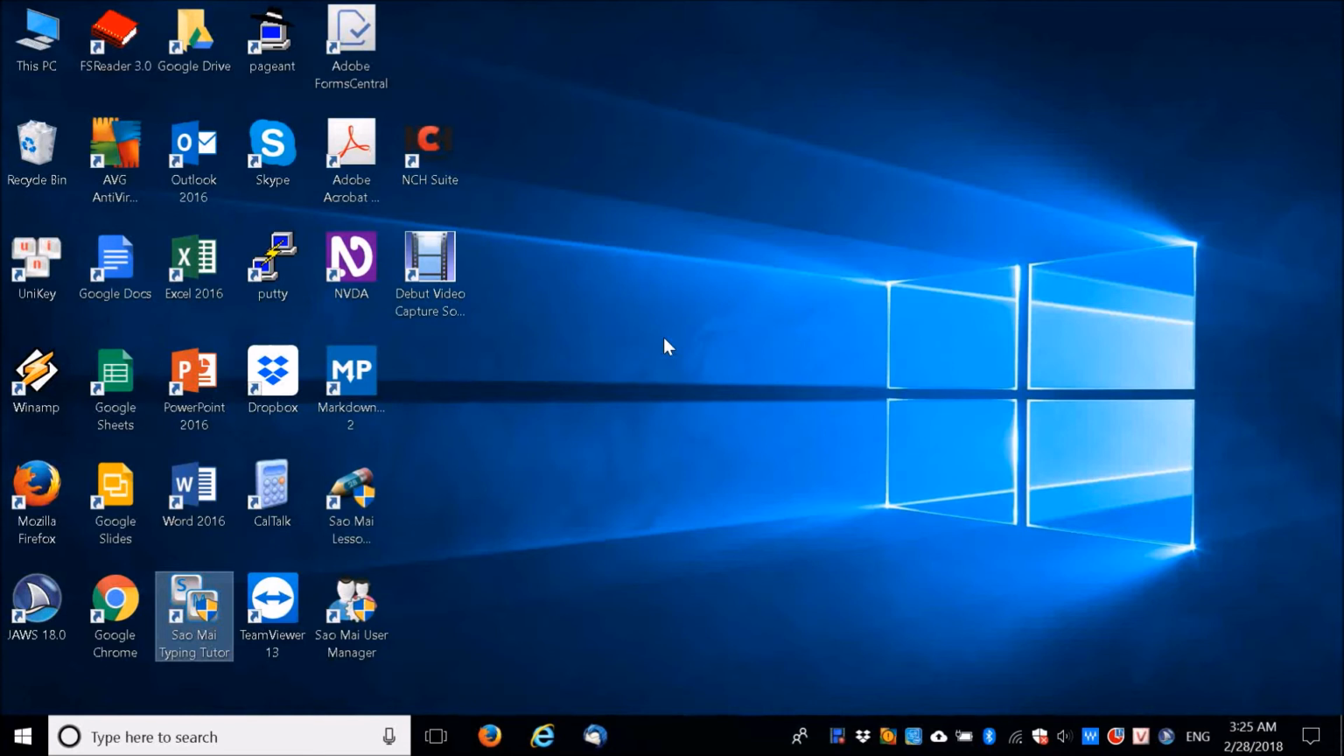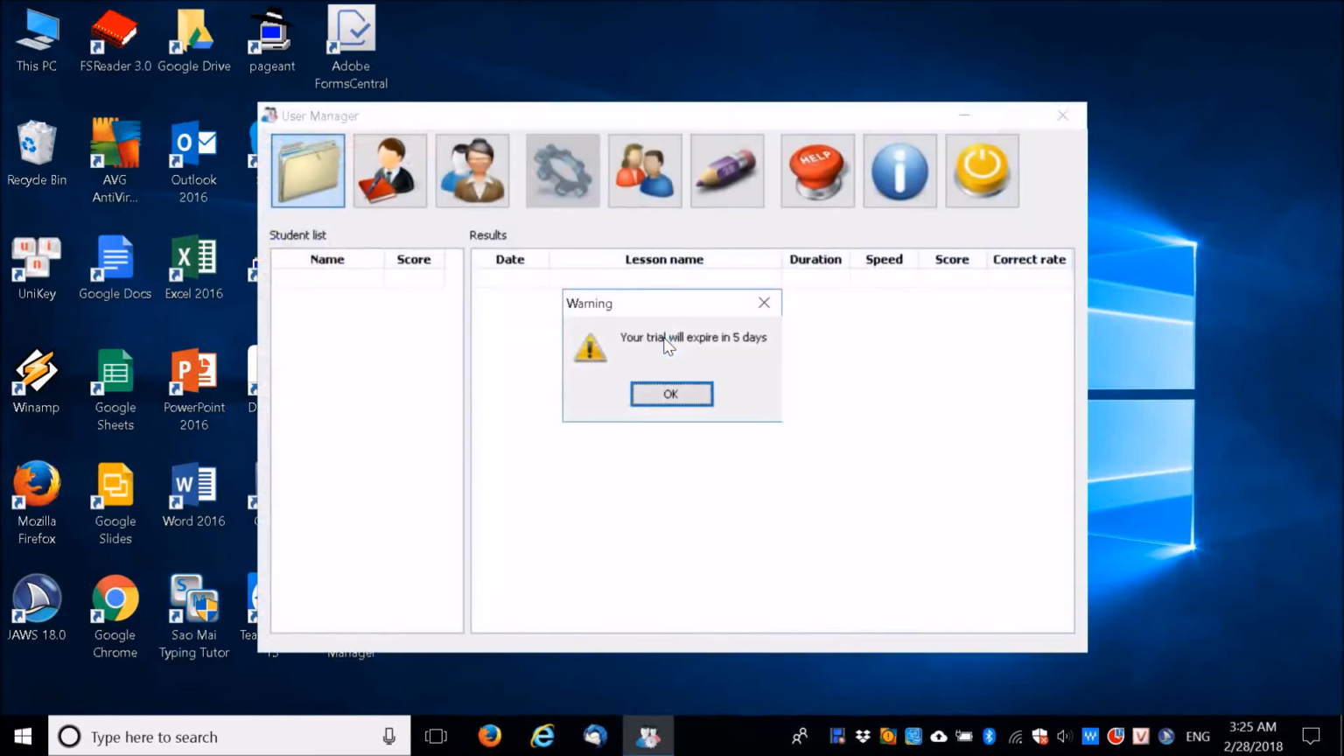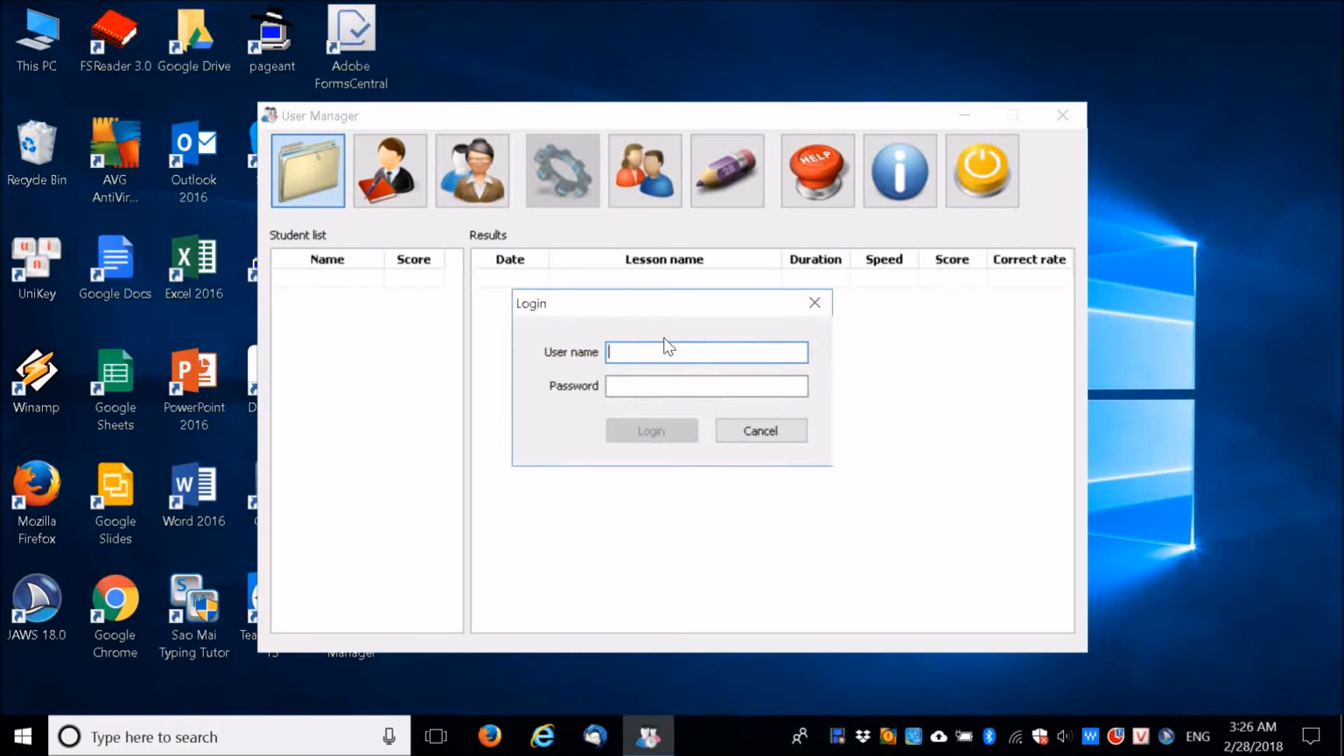Okay, so now I go back to the user manager. Windows M. Sao Mai Typing Tutor. S type. Sao Mai Lesson Builder. Sao Mai User Manager. Okay, user manager. Enter. User manager. Your trial will expire. Username. Okay, username is